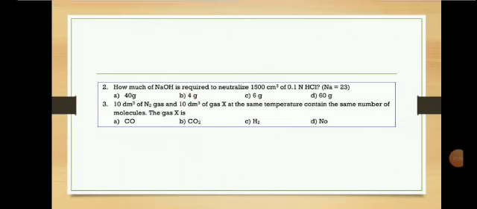Third question. 10 decimeter cube of N2 gas and 10 decimeter cube of gas X at the same temperature contain the same number of molecules. The gas X is: option A carbon monoxide, that is CO, option B carbon dioxide, that is CO2, option C hydrogen, that is H2, option D nitrogen oxide, that is NO. The answer is